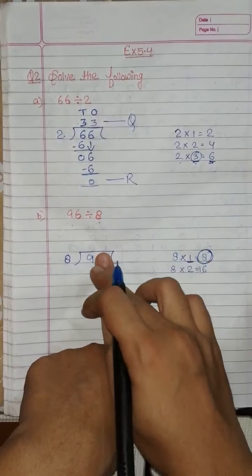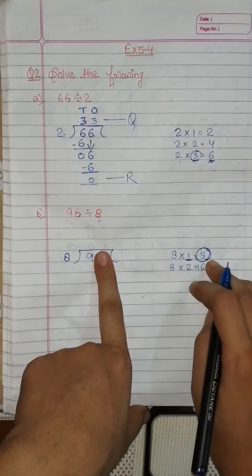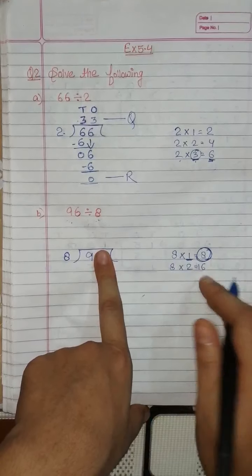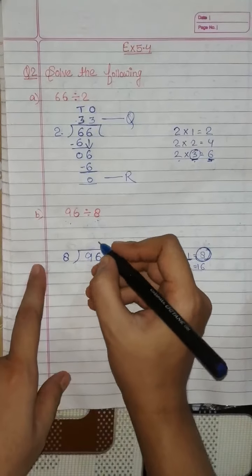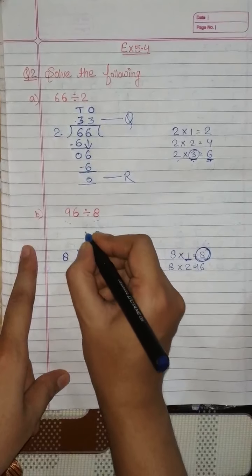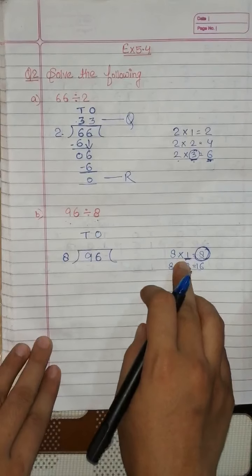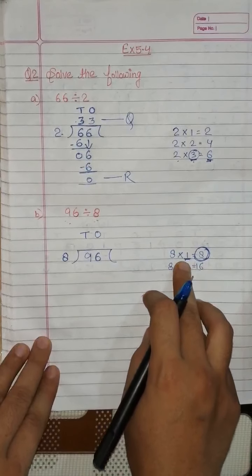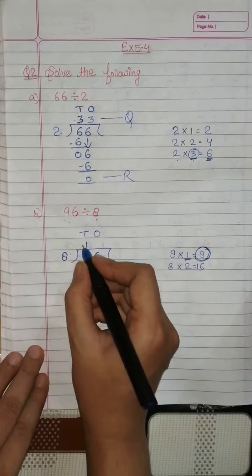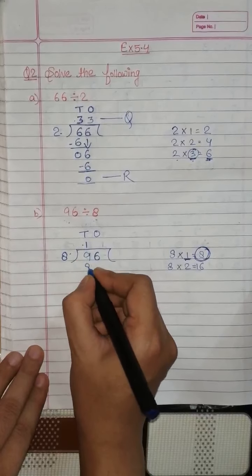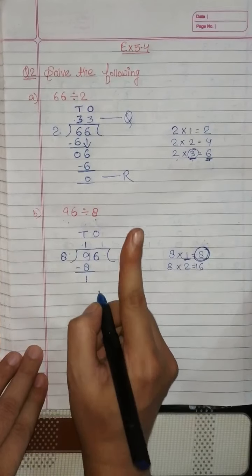I'll take 8. 9 तो आता नहीं है 8 की टेबल में, right? So what I'll do, I'll take 8 because it is smaller than 9. I can easily subtract, and it is occurring how many times? It is occurring 1 time. Sorry, I just forgot to mark ones and tens place. Please, let's mark it. So this is ones place and this is tens place. Okay, so 8 is occurring how many times in the table of 8? 1 time. So I'll write 1 in tens place. Now we'll multiply the two numbers. 8 ones are 8. Now we will subtract 9 minus 8, that is 1.